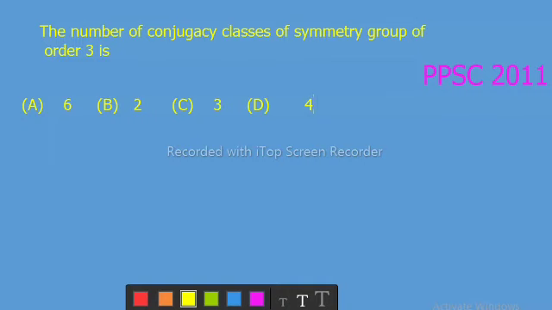In this lecture, I will solve Pakistan Public Service Commission 2011 MCQs, that is: the number of conjugacy classes of the symmetric group of order 3 is